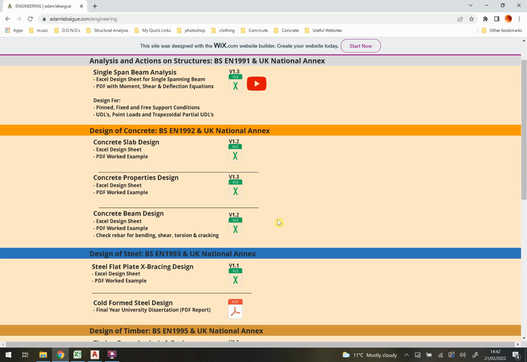Hello and welcome to this short tutorial which will cover the design spreadsheet for the concrete slab design to Eurocode 2, which is available from my website. In order to get access to this spreadsheet, just click on this icon here to download